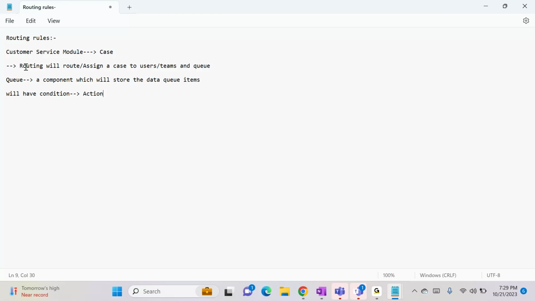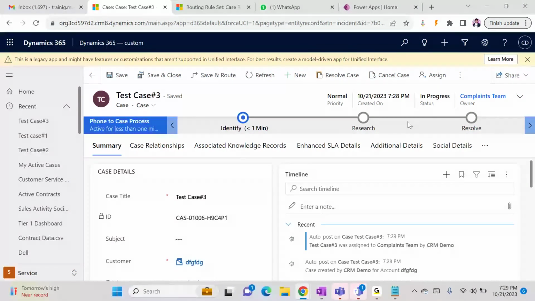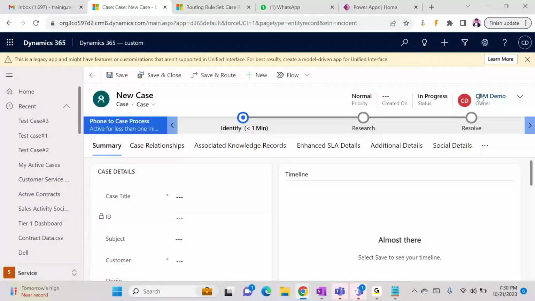So when we define one routing rule one time, every case that is created will validate the condition, and that record will automatically be assigned to the team, like this. Initially, when I create any case, I will be the owner. As soon as I apply the condition,